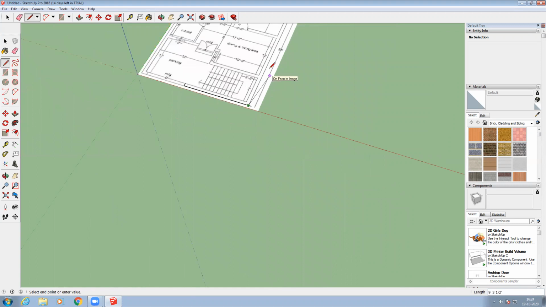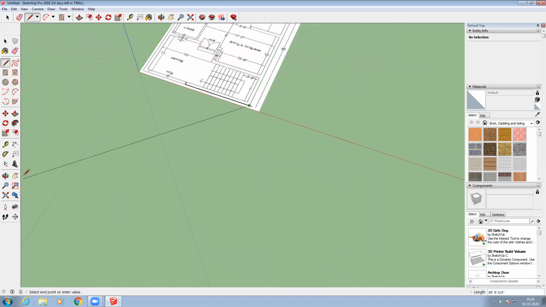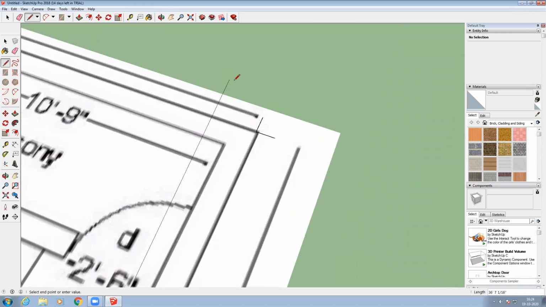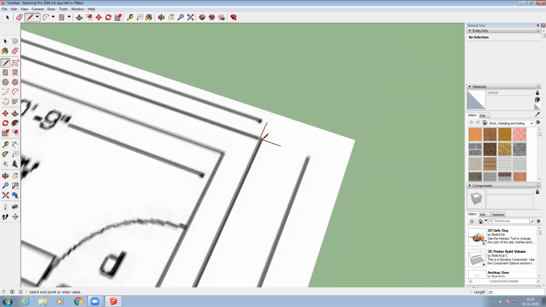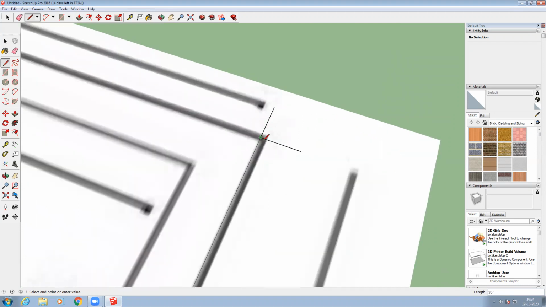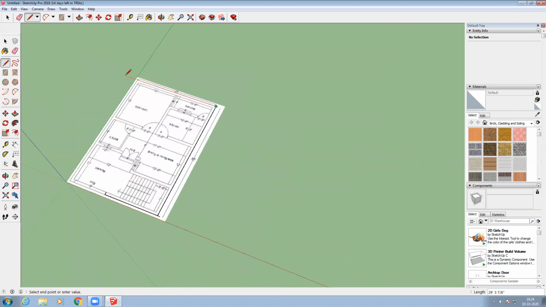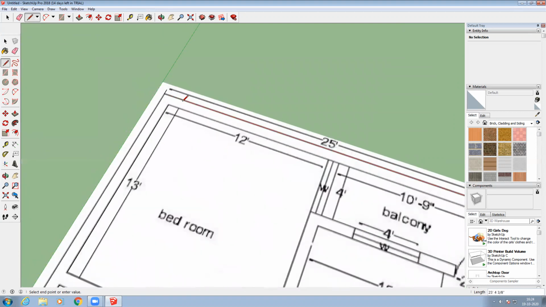So what you have to do is take the line like this, right? Outer line you have to take over here,